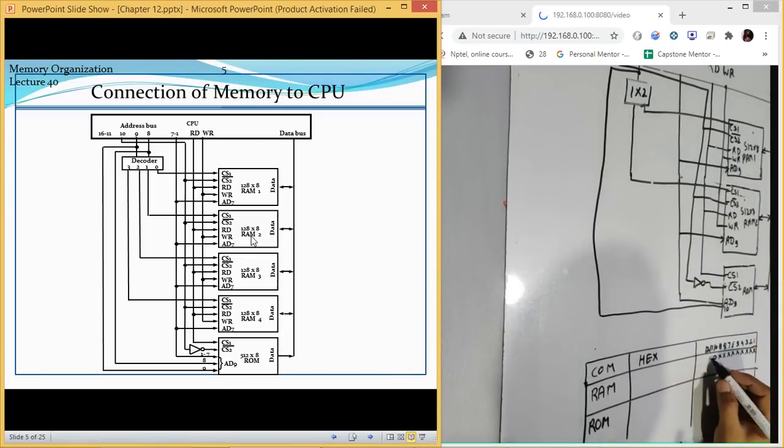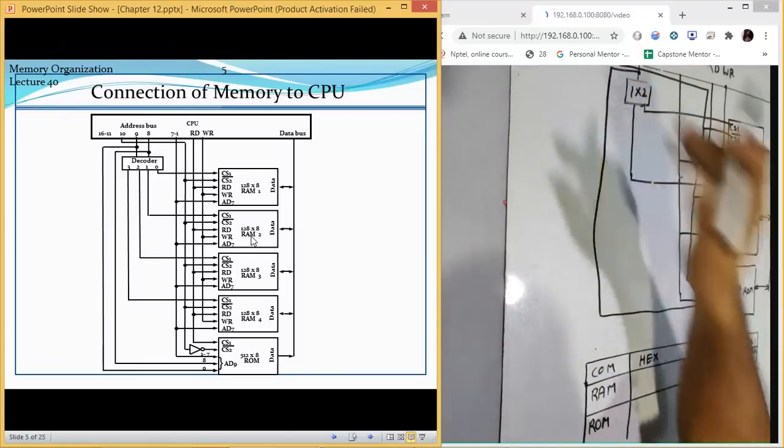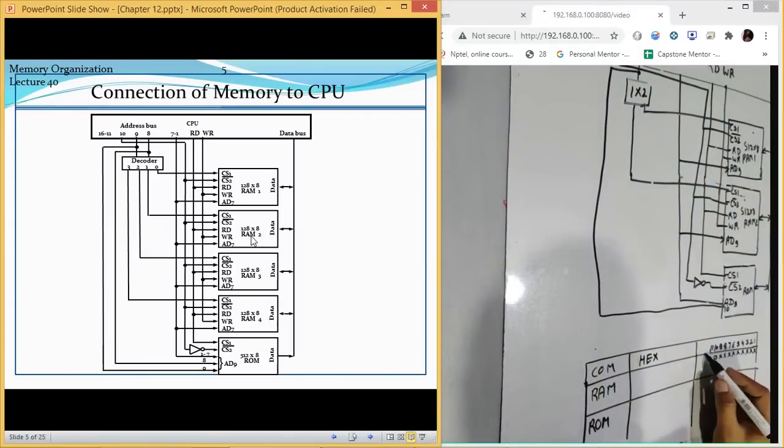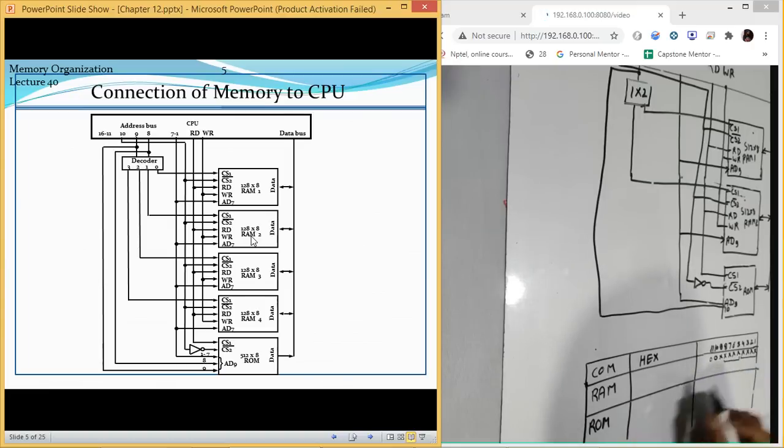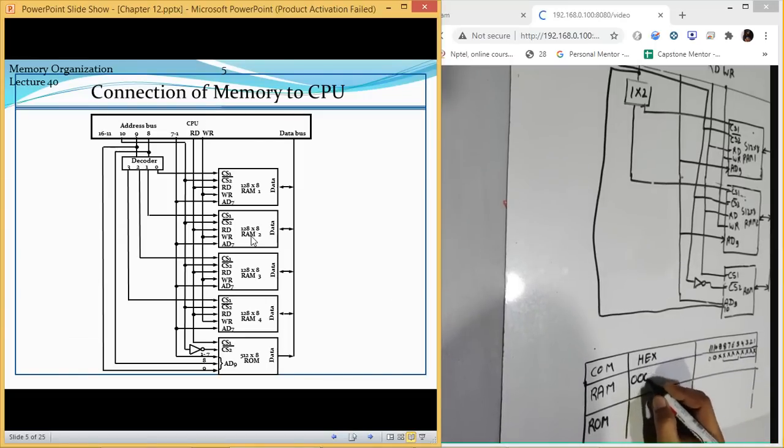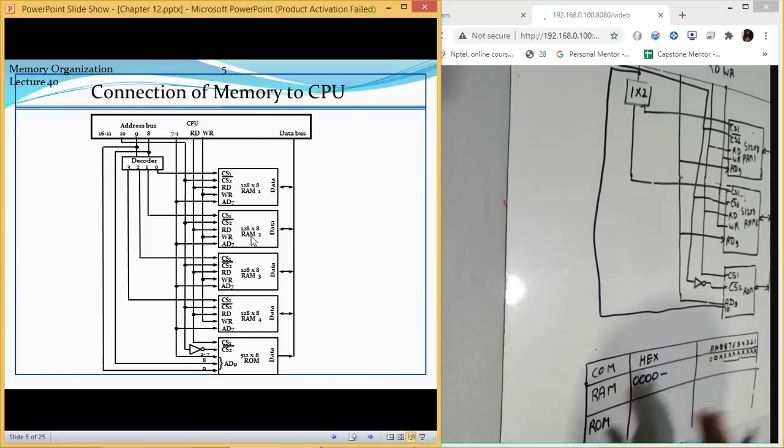So just keep it as 0 and rest all values like 11 and 12. 11 is also 0. I will not talk about the 12th value. So 11th is 0. Now just calculate by taking all the values as 0. So what will be the first address? It is very simple, and in most of the cases, the answer will remain same. The first address on which these devices are going to work will be 0000.